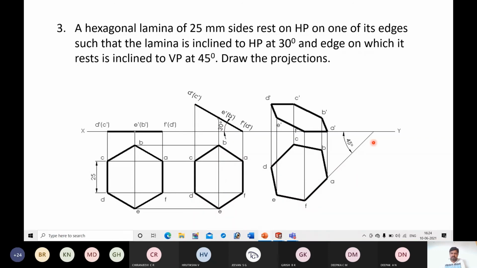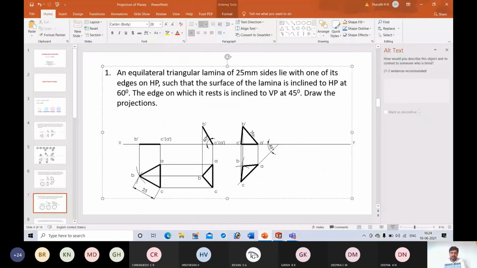Next, draw a 45-degree inclined line. On that, get F and A. Leave convenient space so that the top view should not go above the XY line and it should not touch the XY line also. It should be below, at any convenient space, but it should not be above or touch XY. Here the gap can be anything. You can take any convenient distance. Next, project the points and get the final view. If you have any doubt regarding